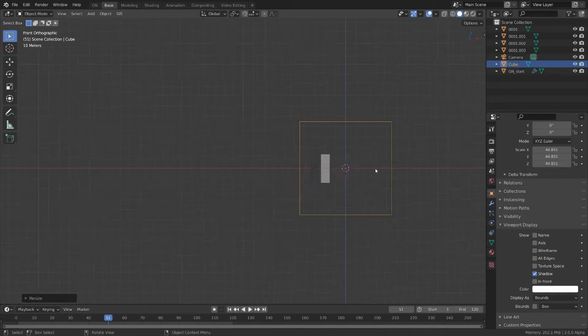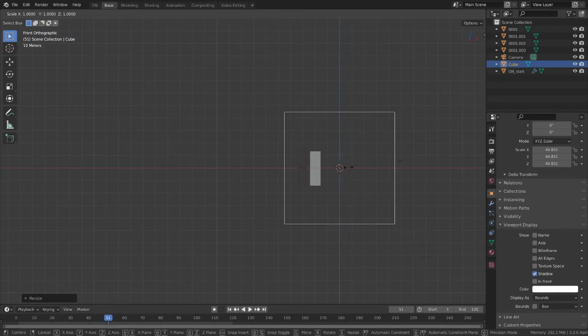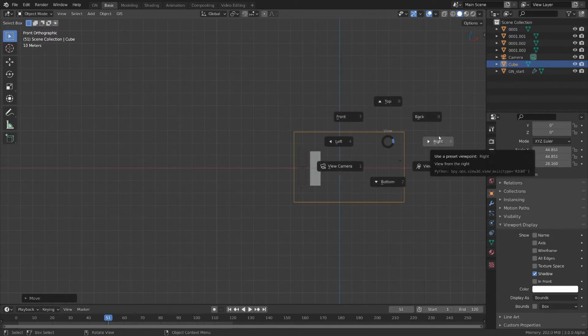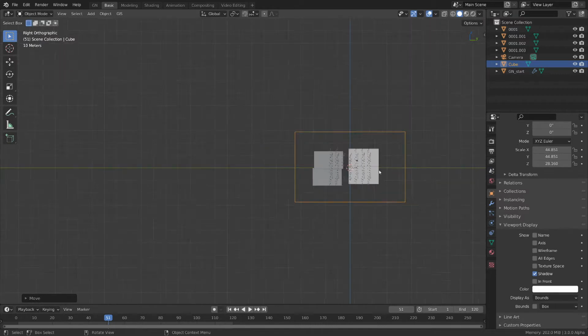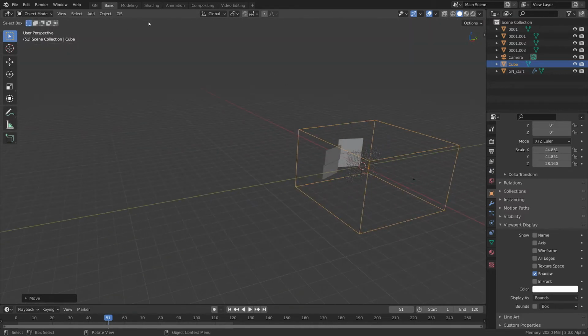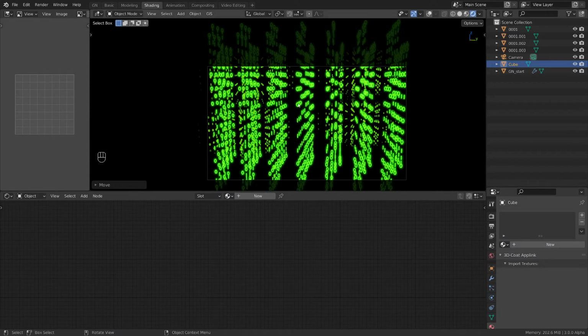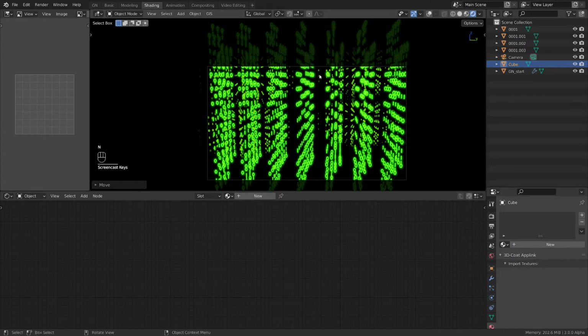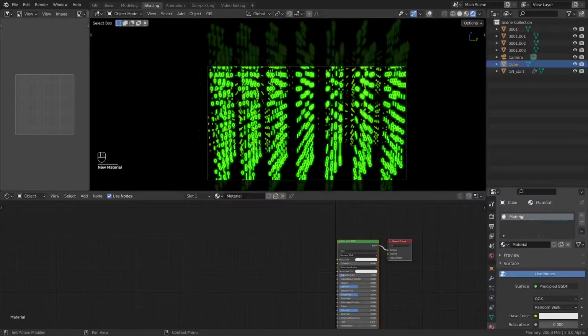And let's scale it on the Z a little bit less. Something like this. And let's check it from the side, from the front, from the right. Yeah, it's kind of good. Okay, and now we go to shading. Okay, let me do the screencast keys thing again. And let's take this cube, build a material,